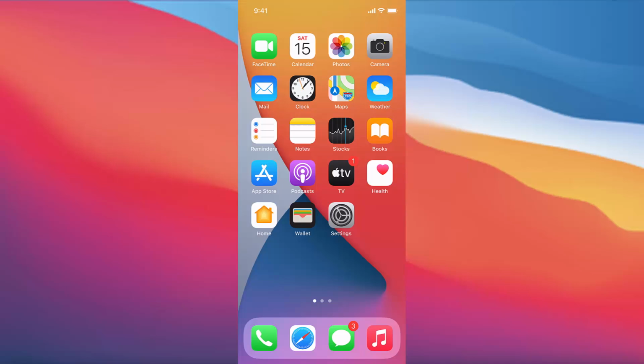Hey guys, in this video I'm going to show you how you can change the wallpaper image on your iPhone. So let's get started. To start with, what you need to do is press on